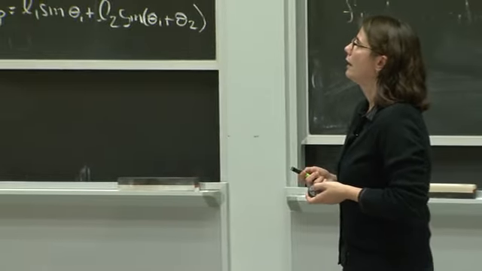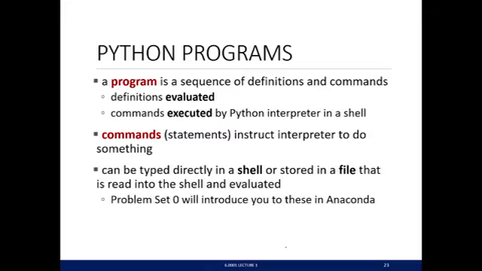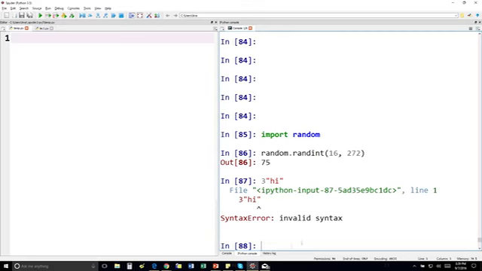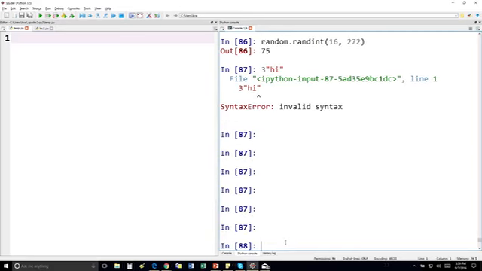Okay. So then Python programs are going to be sequences of definitions and commands. We're going to have expressions that are going to be evaluated, okay? And commands that tell the interpreter to do something. So if you've done problem set 0, you'll see that you can type commands directly in the shell here, which is the part on the right where I did some really simple things, 2 + 4.